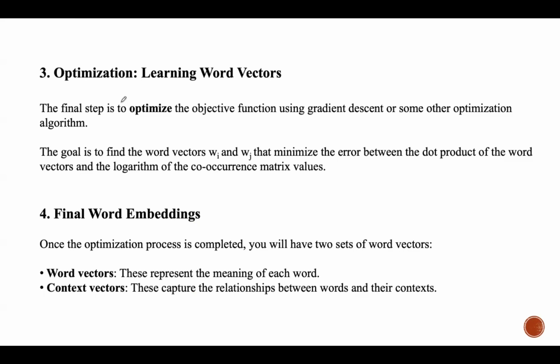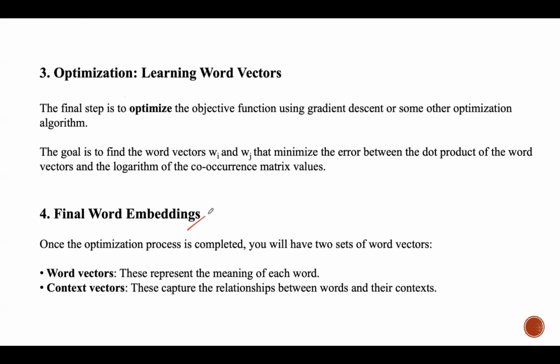And for each word pair i and j, compute the gradient of the loss function with respect to the word vectors and biases. After that, update the parameters. This is done using the optimization method, stochastic gradient descent, where the parameters are updated by subtracting the gradient multiplied by a learning rate. And you need to repeat this process for a predefined number of epochs, that is, iterations over the entire corpus, or until convergence, that is, when the loss function stops decreasing.